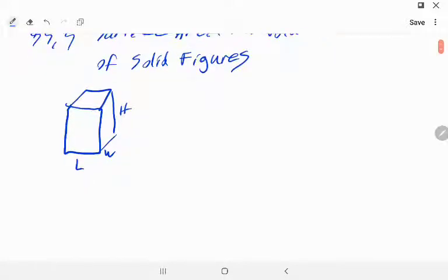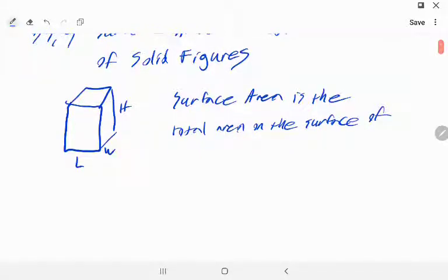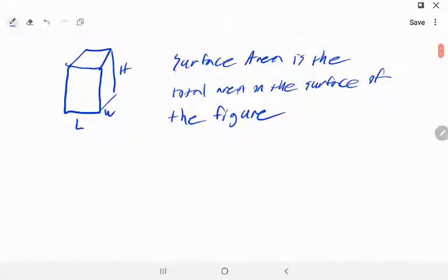So the surface area is the total area on the surface of the figure. Kind of intuitive. And so for this box, we're going to have the surface area